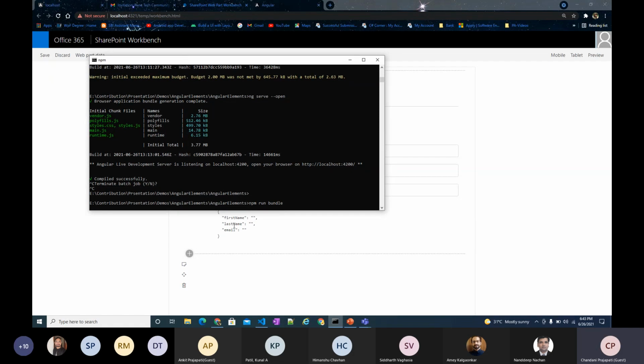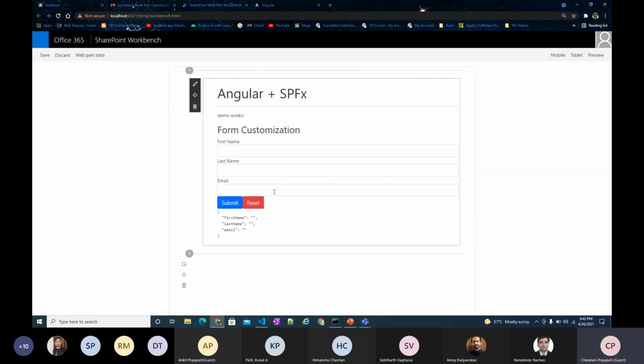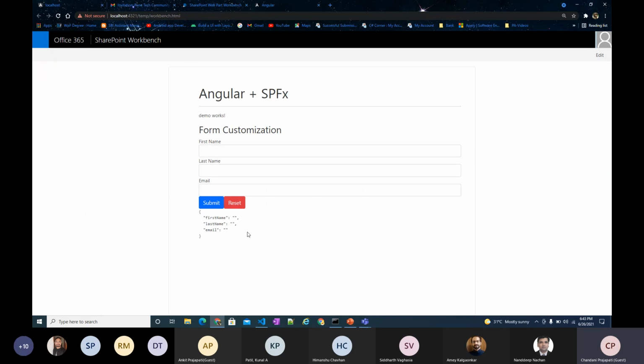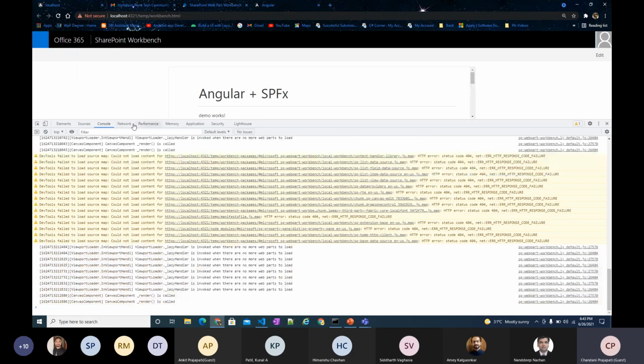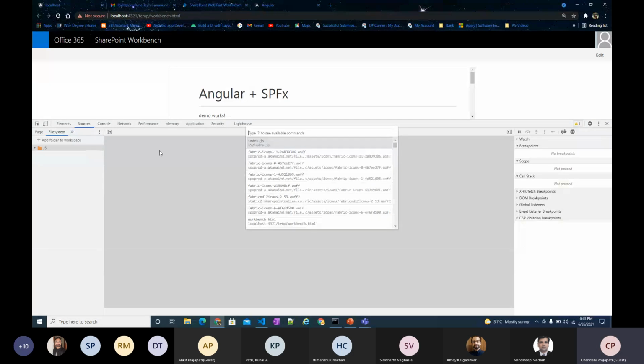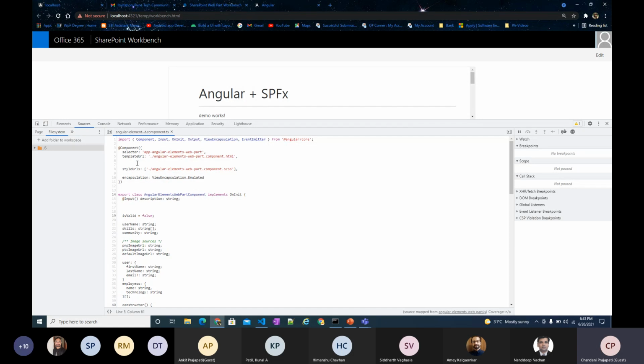And yes, we can also debug Angular elements in SPFx. So let's see how we can debug it. For example, I am searching for any Angular file. Yeah. For that we have used a source map, because in SPFx we can't see the Angular element's web files, since we have already bundled it, and it is creating only two files.